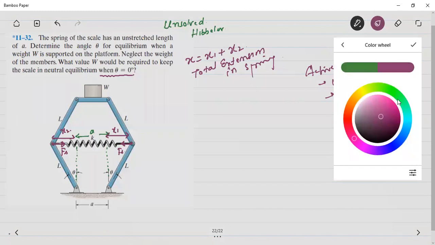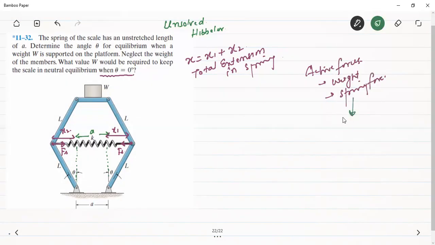And both these forces are conservative forces. Hence, we can use the potential energy criteria for equilibrium. We can write that potential function will be equal to the summation of the gravitational potential function and the elastic potential function. So to write the gravitational potential function, if this is the center of gravity,